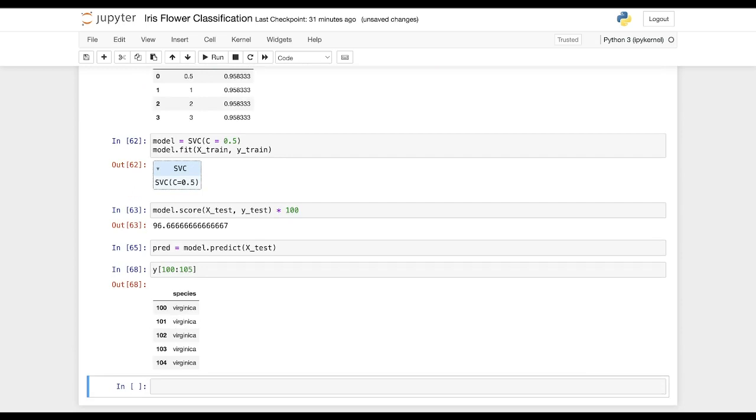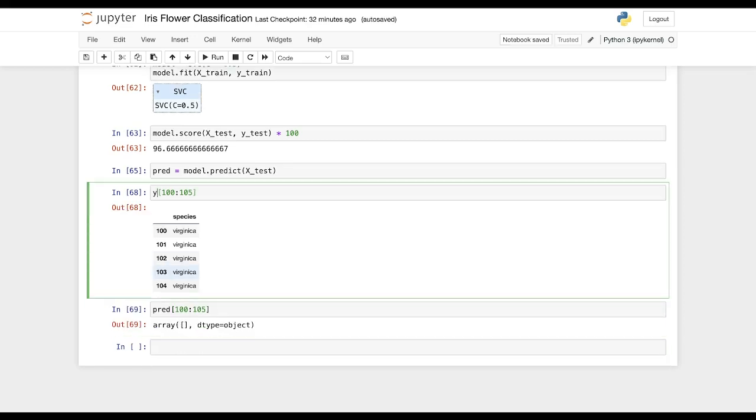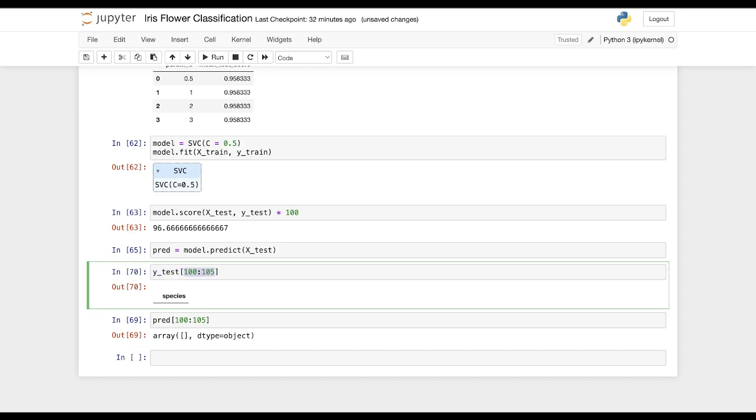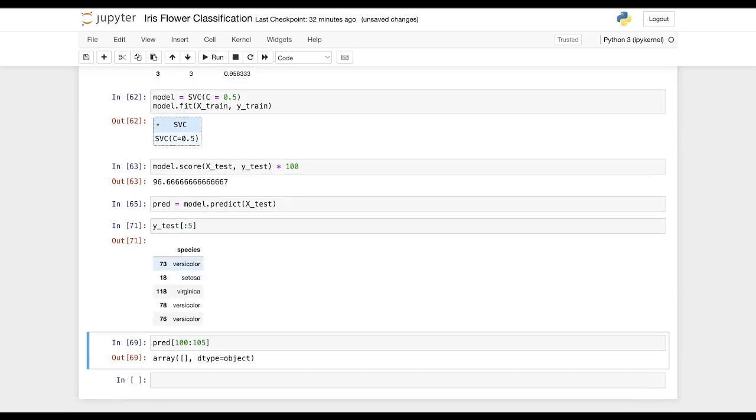Okay, so let us check what our model has predicted for this. So we'll say pred from 100 to 105. Actually, we want to check the true labels from the testing set, and the testing set only consists of 30 rows. So hence we'll check for the first 5. The first 5 true labels are versicolor, setosa, virginica, and again versicolor twice.